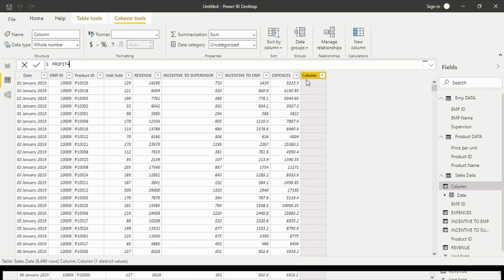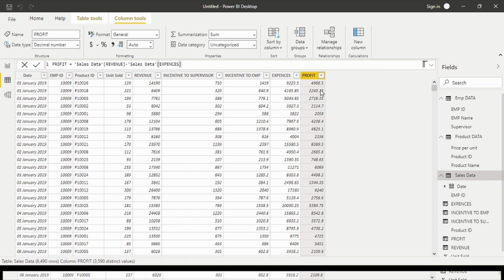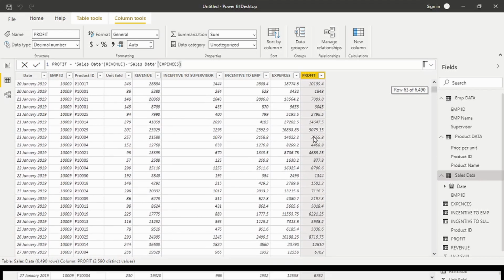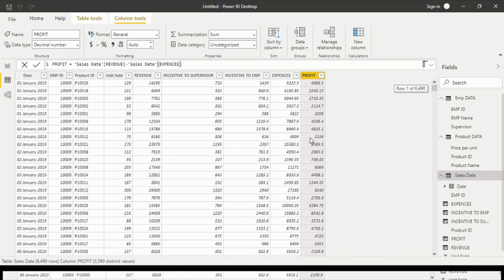Profit is equal to sales data revenue minus sales data expenses. So click enter. All this data is calculated here.